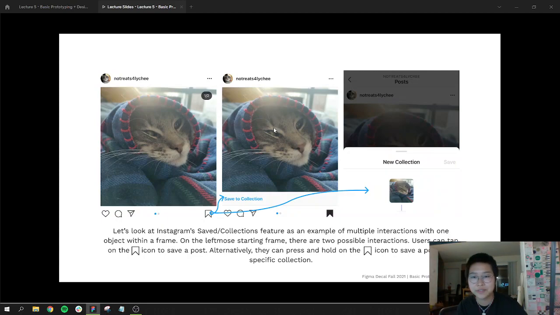So in the same vein, we look again at this Instagram post, and from this particular banner button, this bookmark icon, there are two interactions. If you just tap on it, it's going to go ahead and say save to collection, or it's going to pop up a thing that says it was saved. But if you tap and hold it, you can actually create a new